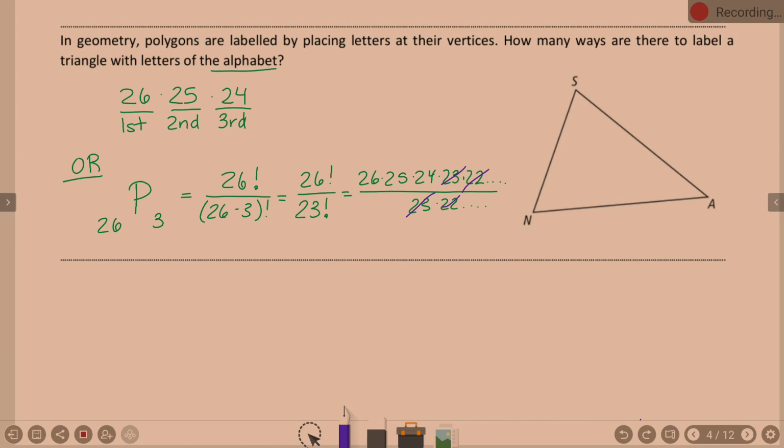Someone got an answer on this one at some point, yes? 15,600 options. Okay? That is permutations. Order matters. Tomorrow we will venture into combinations where order does not matter. Okay? Make sure you get 12